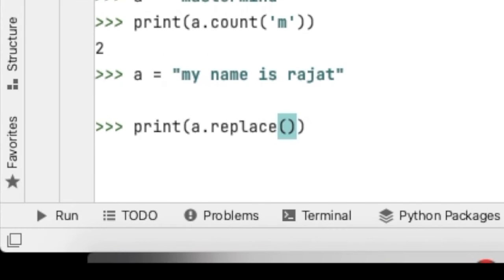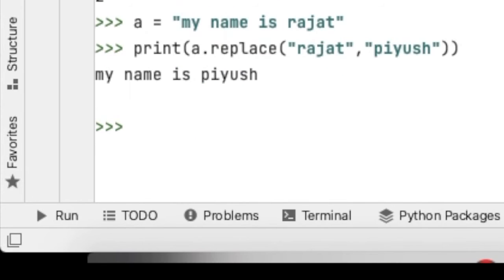So here we will write the old substring which is Rajat. I am replacing Rajat with my friend's name like Piyush and printing. You can see now it is replaced with Piyush like this. This is the use of replace function, which is very important.